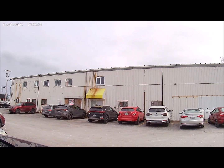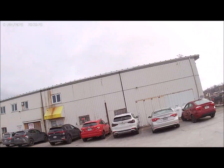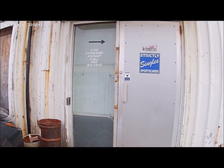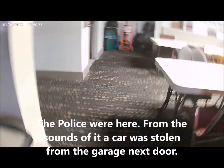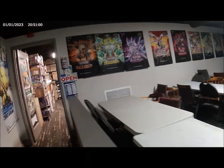Alright, Strictly Singles is right here. Not much to look at. We'll take a look at this. You wouldn't even know this place was here. Here's some gaming tables. Those are 19. 19? Yeah, there's two packs in